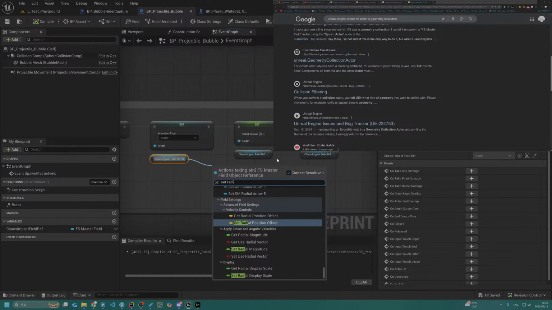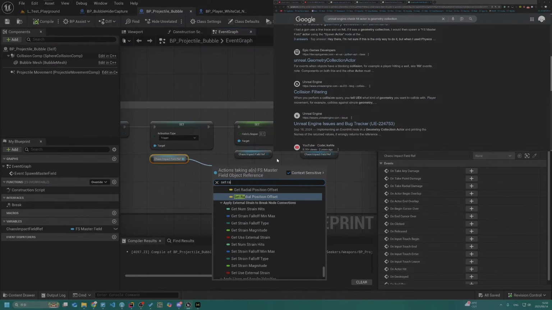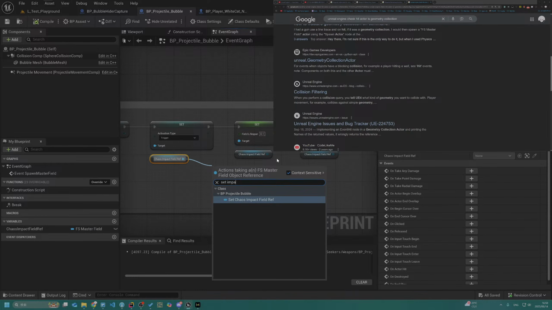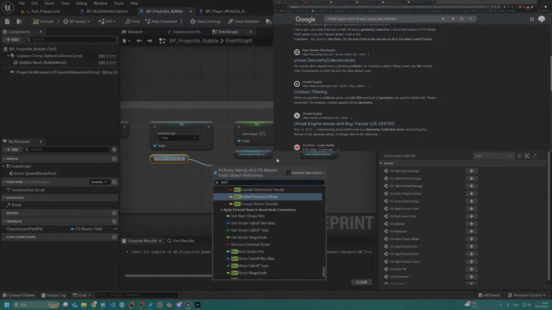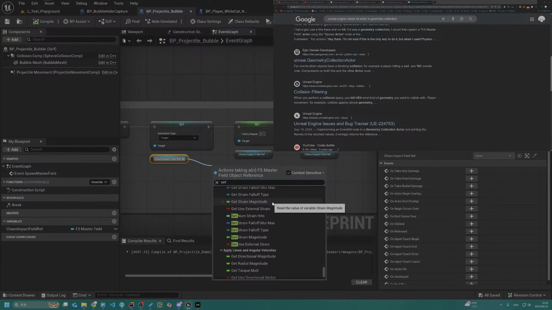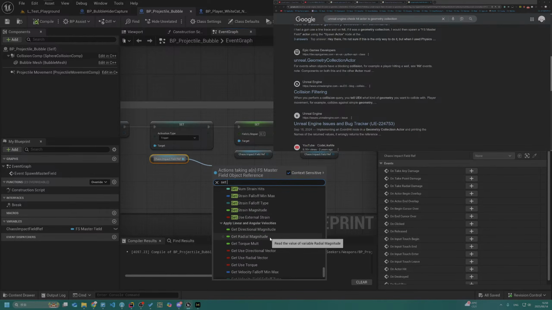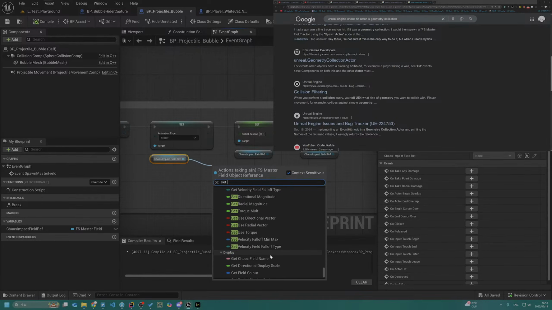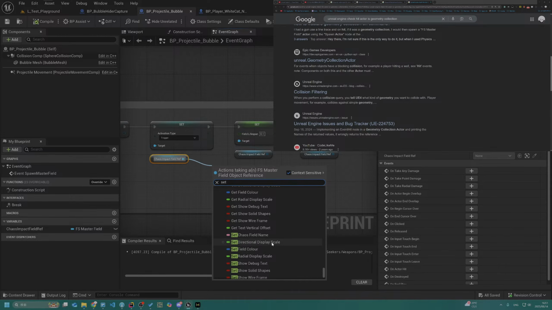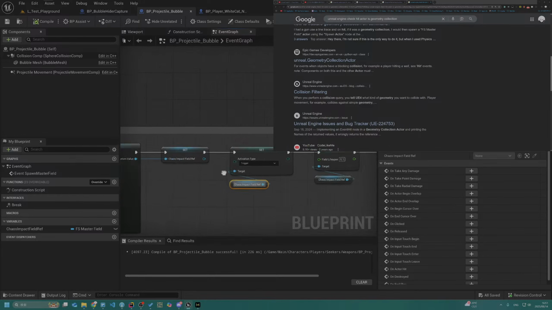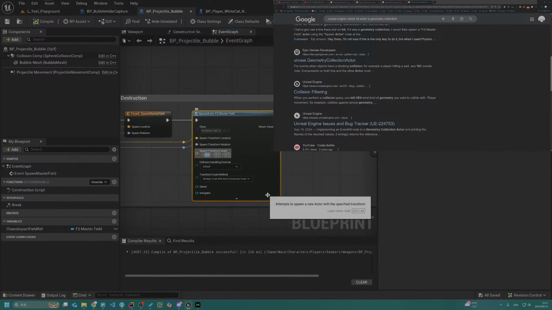Range, radius. Scale. It is scale. I think it's scale. 5. Why 5?